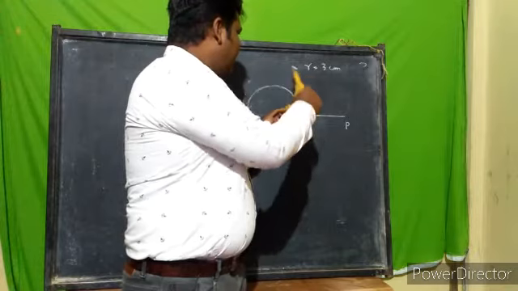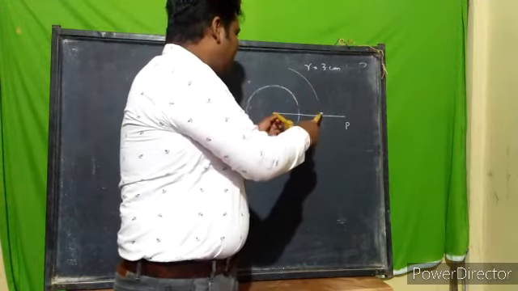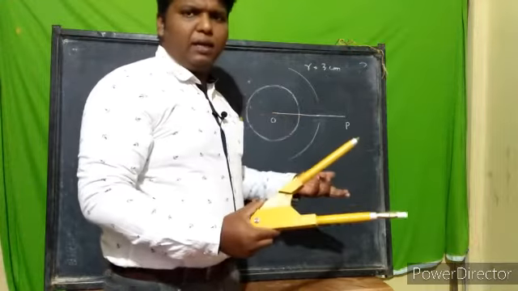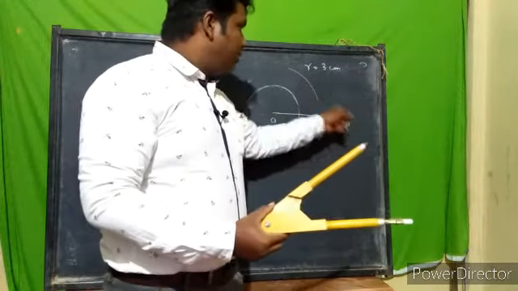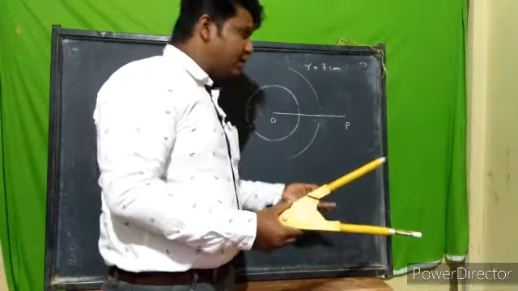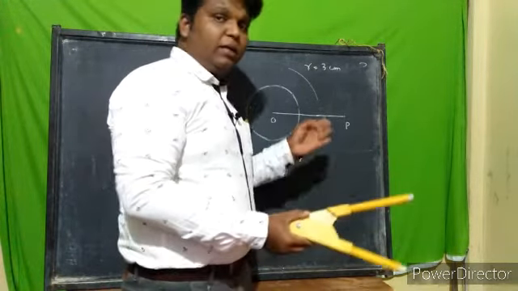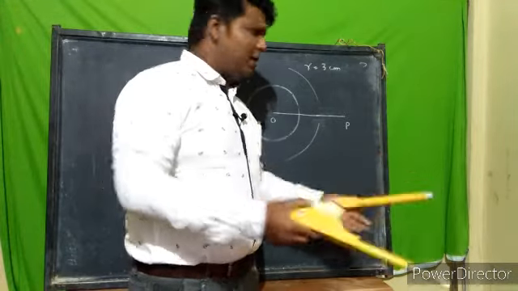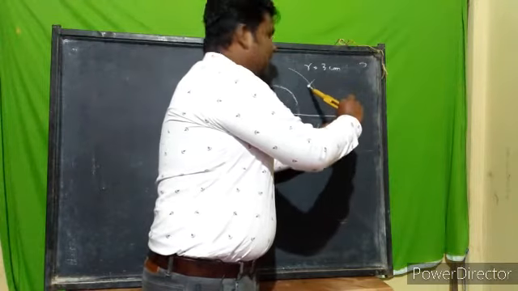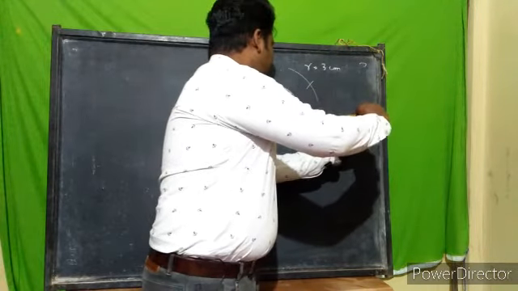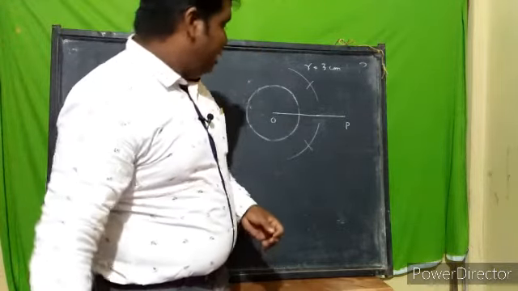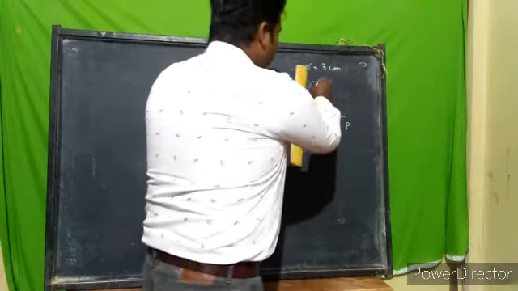O से पकड़कर ऊपर की ओर एक आर्क, नीचे की ओर भी एक आर्क. पहला आर्क जो है थोड़ा बड़ा आर्क ले लीजिएगा क्योंकि दूसरा पॉइंट से जो कट होने वाला चीज जो है, किधर कट होगा करके हमको नहीं पता है. We don't know that exactly from where it's gonna cut. That's why first of all when you're drawing the first arc, take a bigger arc. Now from P, just cut it, just a single cut. So we got that point, and now join them together by dotted lines.